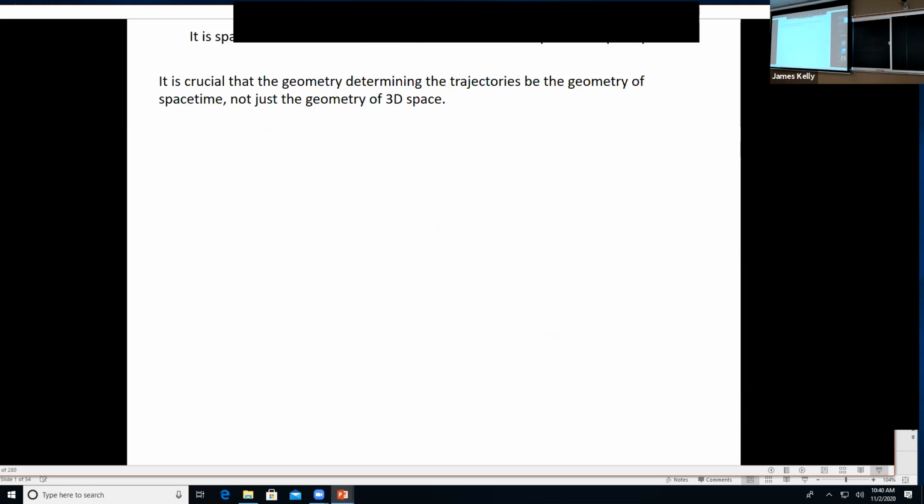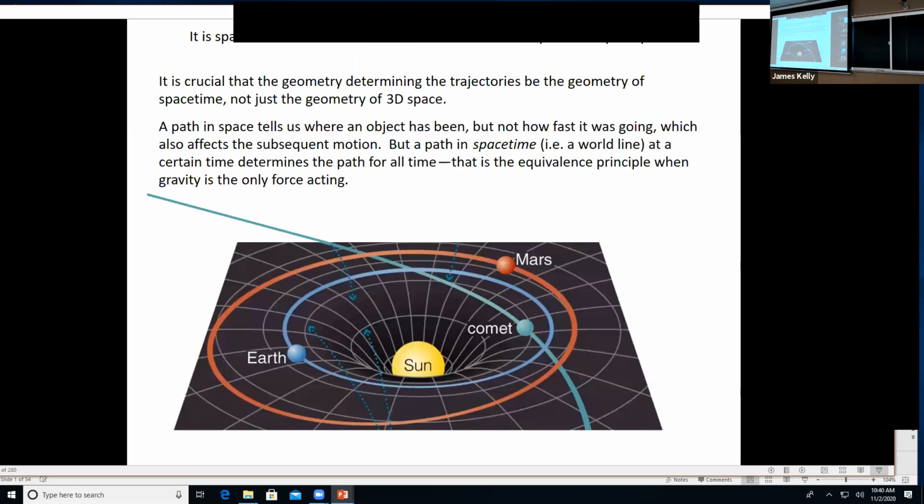So it's important to remember that we're talking about the geometry of space-time now, not just the geometry of space that we were talking about earlier. So it's not three-dimensional space. So you might mistakenly think, oh, I've seen pictures like this before. This must be what we're talking about with curved space-time right here. No, this is not a picture of space-time. This is just a picture of some kind of space. And so someone's put a fanciful kind of picture of curving on here that gives you an idea that things might go around in circles. But this is not a space-time diagram. So when we talk about the curvature of space-time, we're not talking about this kind of picture,